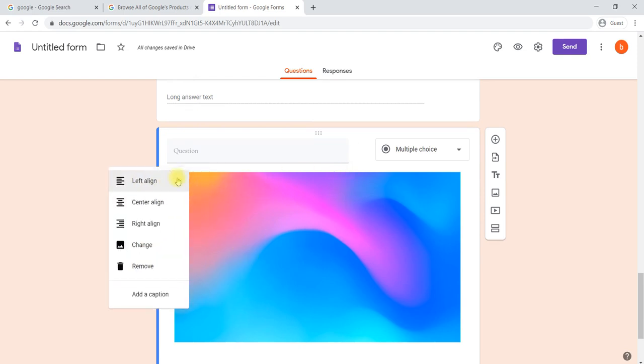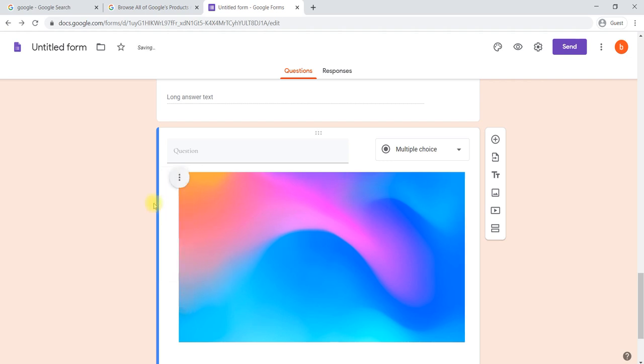You can position the image right, or you can remove it, or you can add a caption to that, or you can change the image. I will say center alignment. Then I will ask the question related to the image: what to be improved in design.